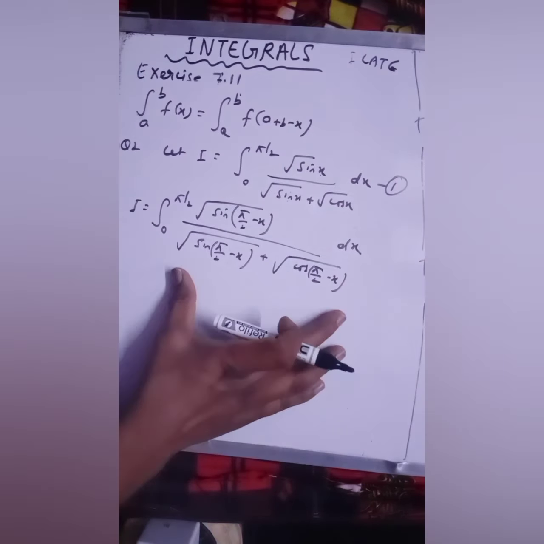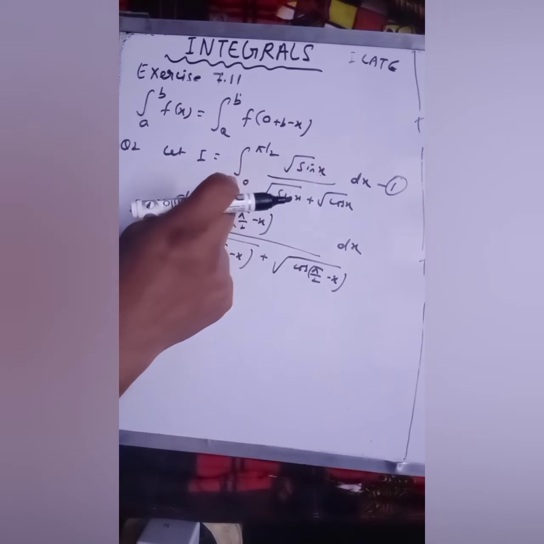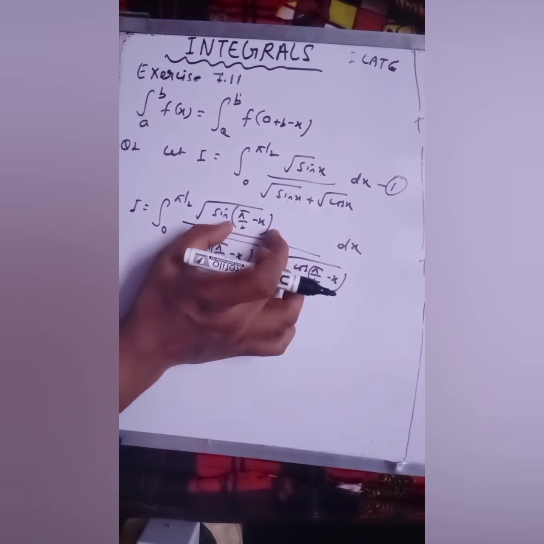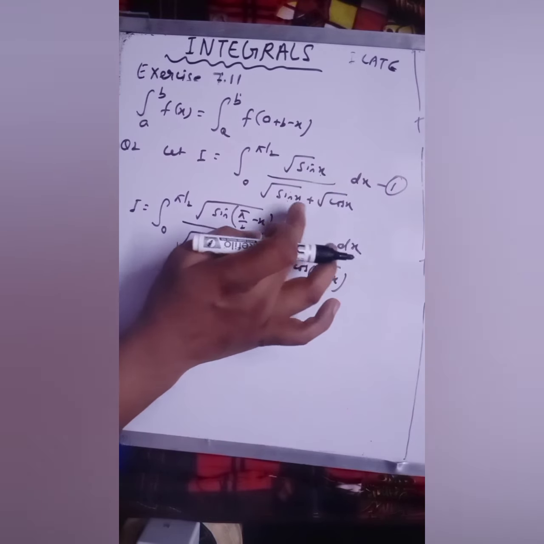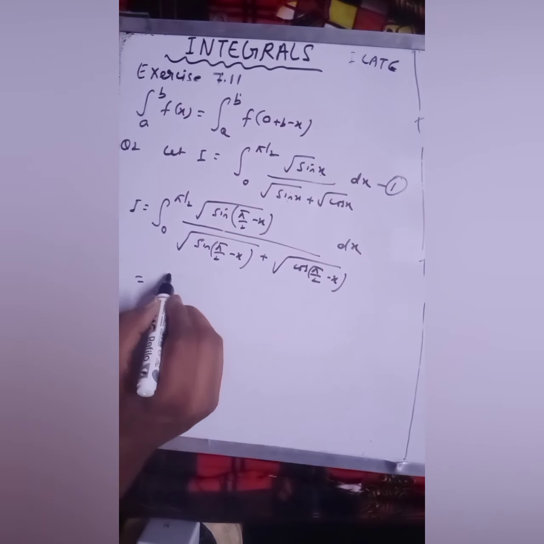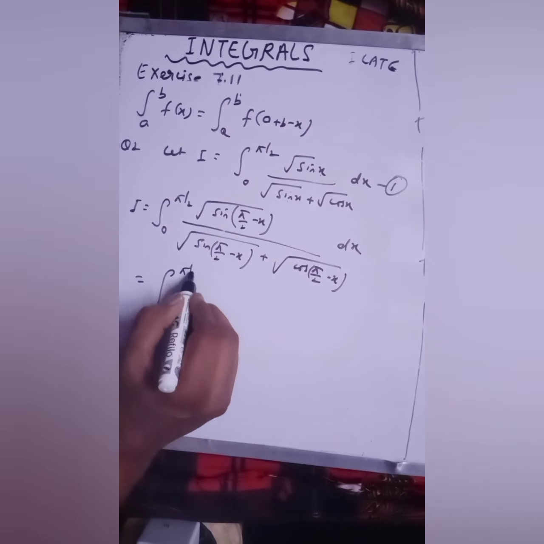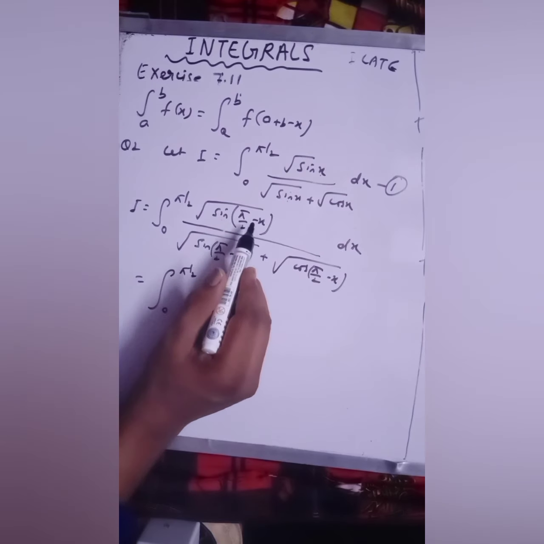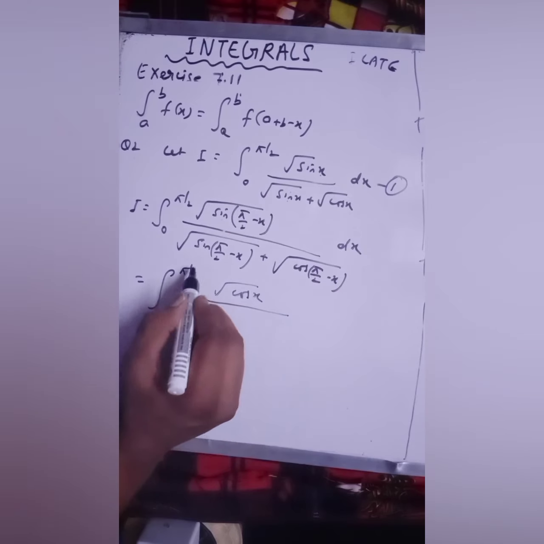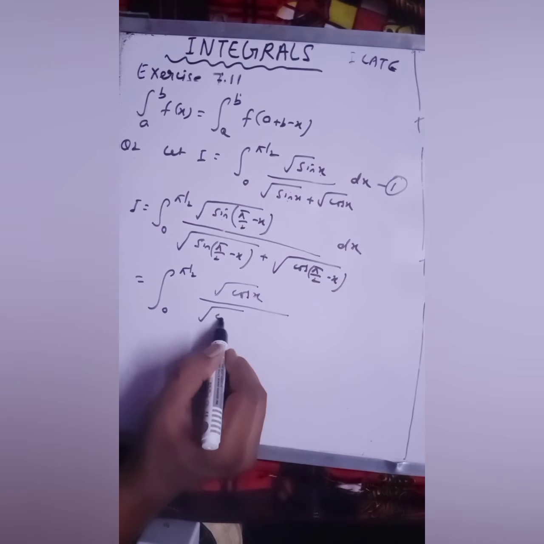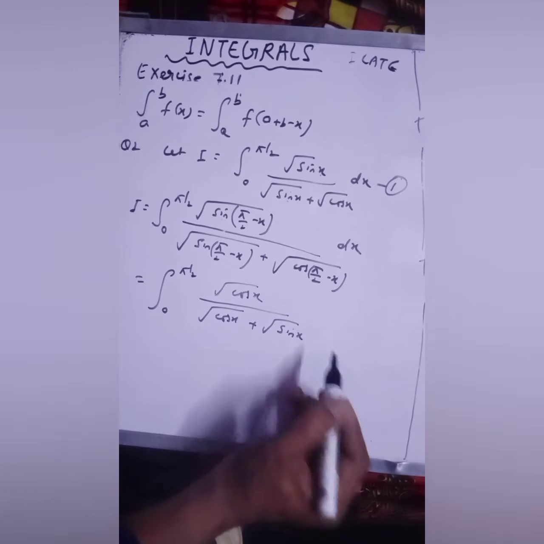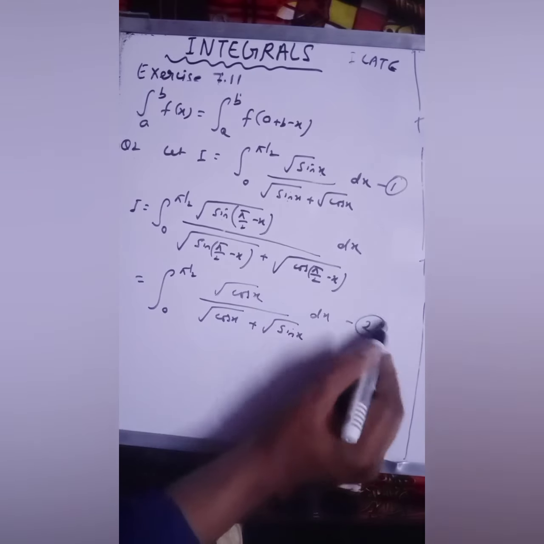Got it? Understood this? Here x is coming, so you have to add the limit, and then write minus x in place of this x only. So I have written it, and in place of each x I have to write the same thing. From 0 to pi by 2, children, this will become cos x, since sin(90 minus theta) is cos x. And here this would be cos x plus this would be sin x into dx. So this is your equation number 2.